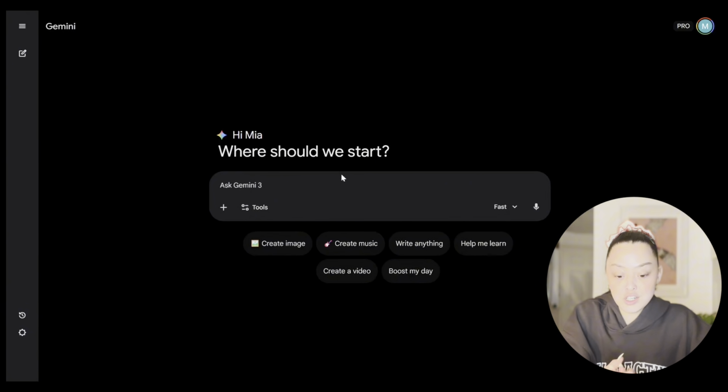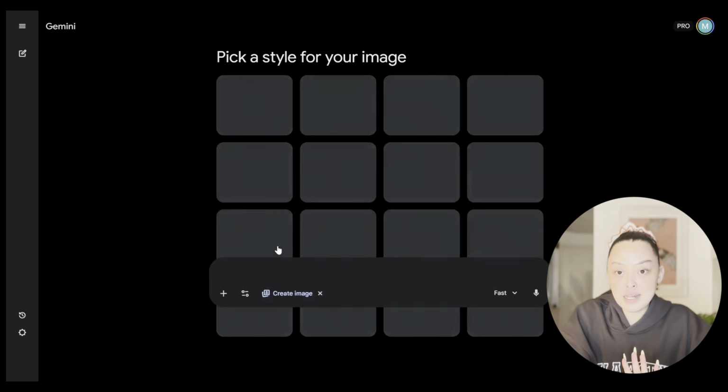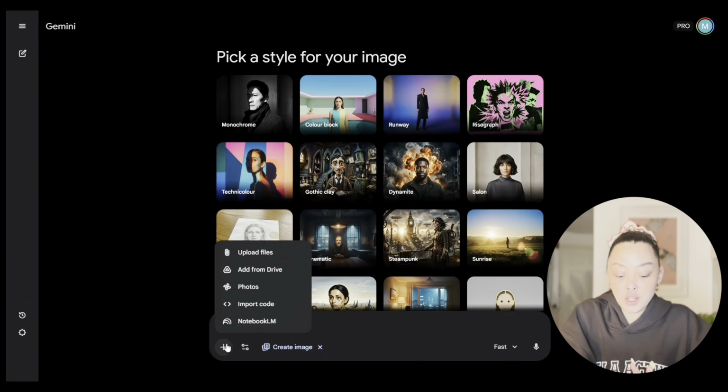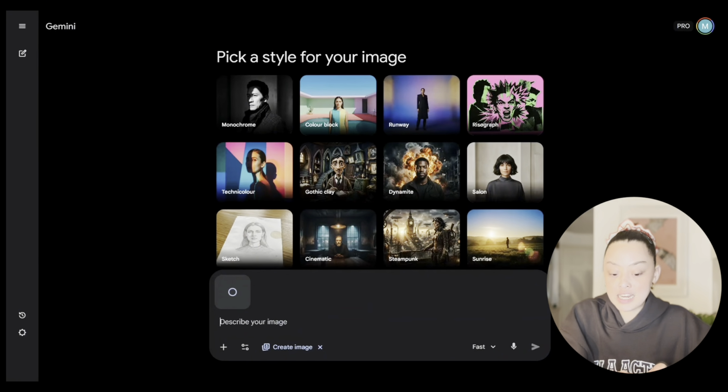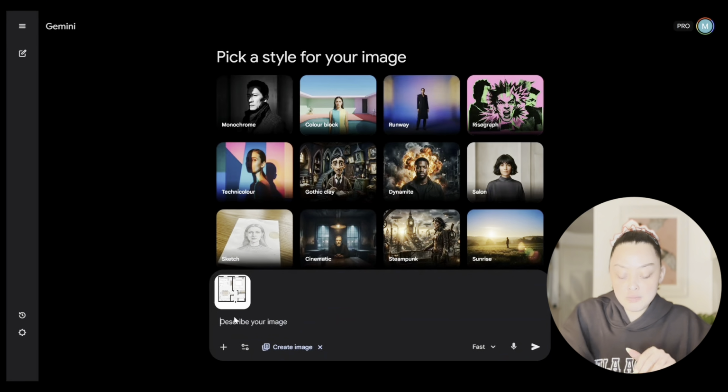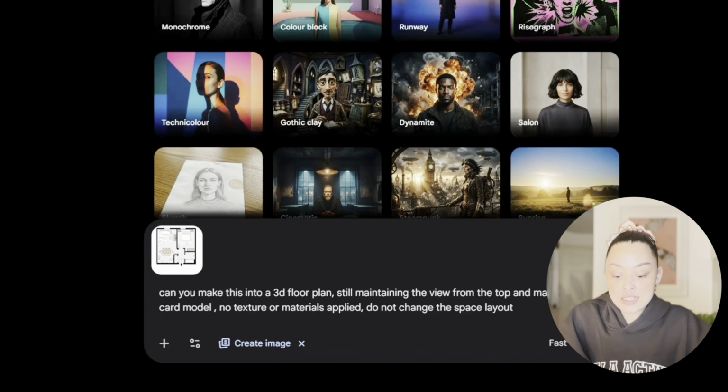The next feature I want to show you is by using the space plan we just created. I'm going to upload this image, and now I want to create a 3D space plan from the 2D space plan. So what I'm going to prompt here is, can you make this into a 3D floor plan, still maintaining the view from the top, and make it a white card model, no texture or materials applied, do not change the space